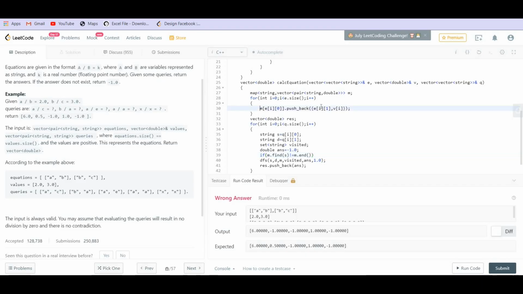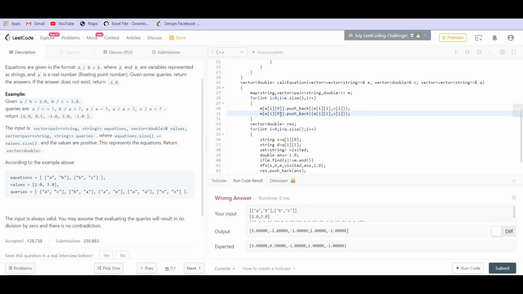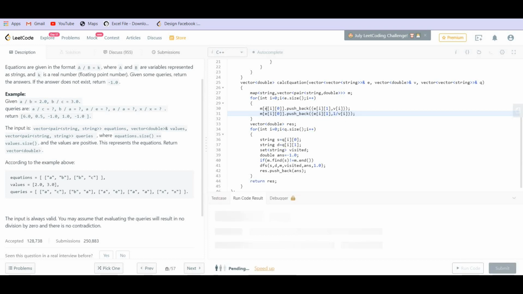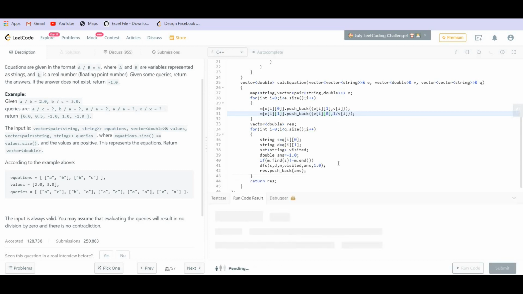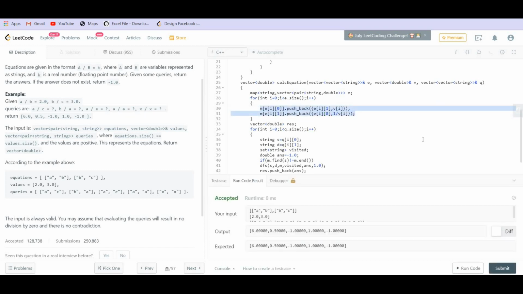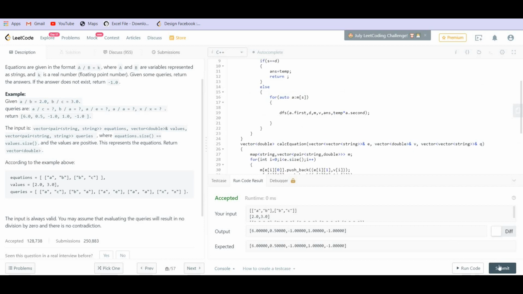So these both should be handled in our map. There should be a relation from A to B and from B to A as well. But when we are creating a relation from B to A, we should create this as 1 divided by the edge weight. So this is handling the relation from A to B as well as from B to A. So this is actually forming the complete graph. Okay, it should be 1 and it should be 0. This is now completing the graph and it is going to answer each of our queries. Let's try to submit this.